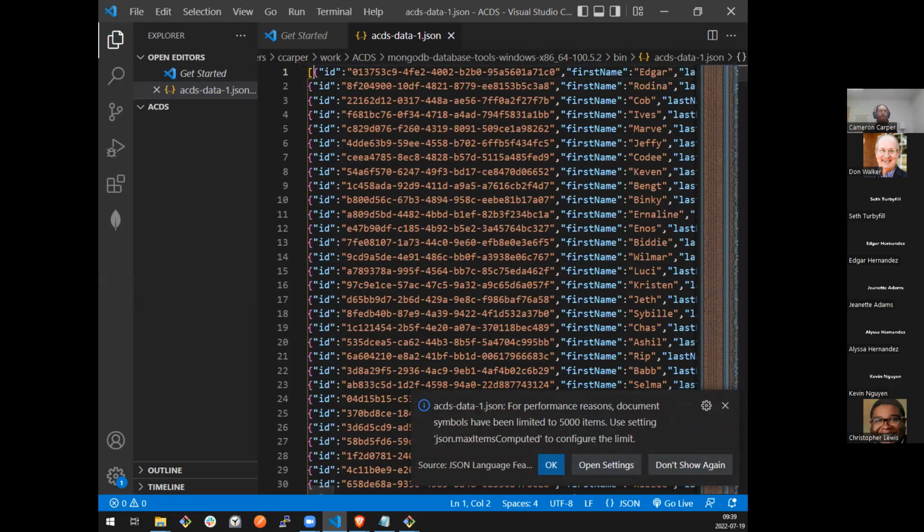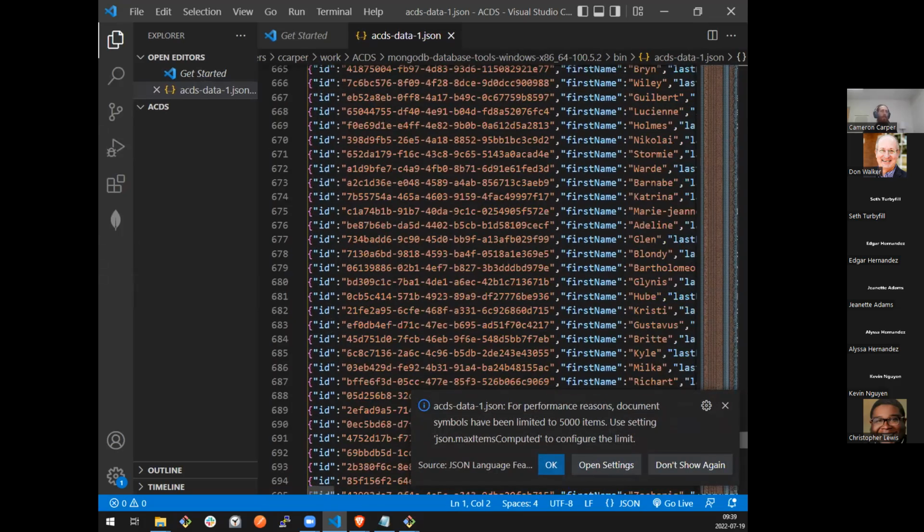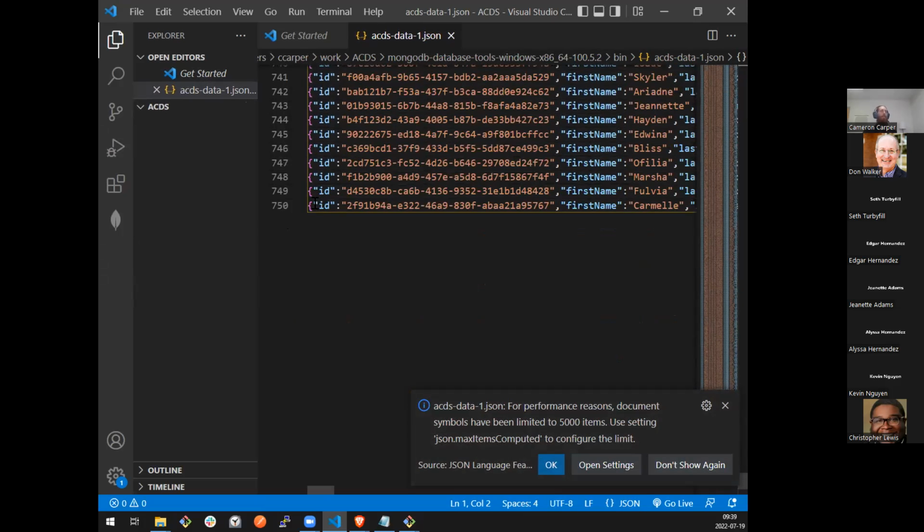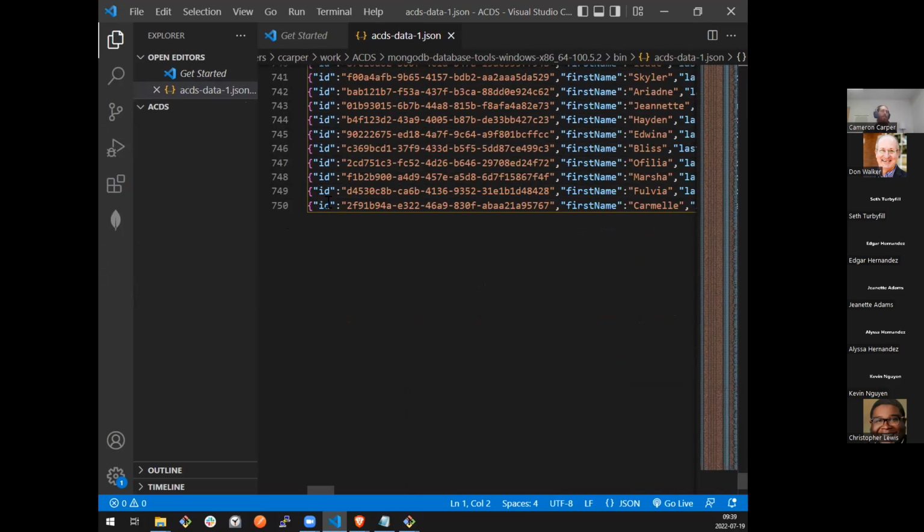But you can see we should have 750 lines. Yes, we have 750 lines. So effectively, every line is a JSON object, and each JSON object is imported and inserted into Mongo as a JSON document. So in that situation, we could actually consider an object and a document to be synonymous. If we go too far with that comparison, it won't hold water for long, but at the level we're looking at it right now, it works.